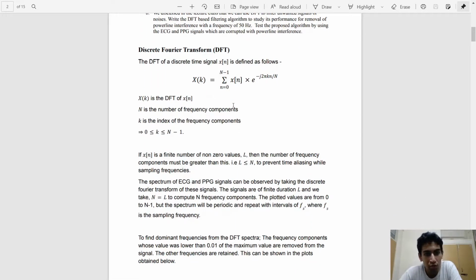So the discrete Fourier transform is defined by this equation. Capital N represents the number of frequency components that are in the DFT, and we call it the N-point DFT. In the DTFT, we have a continuous spectrum from minus pi to pi, which is also periodic, and in the DFT, we just sample the minus pi to pi using N frequencies.